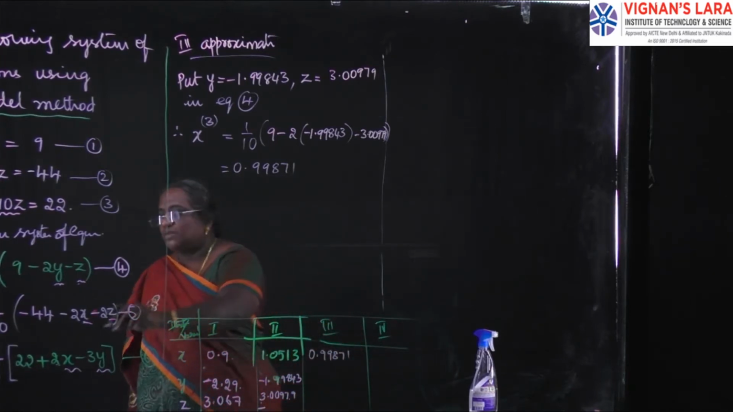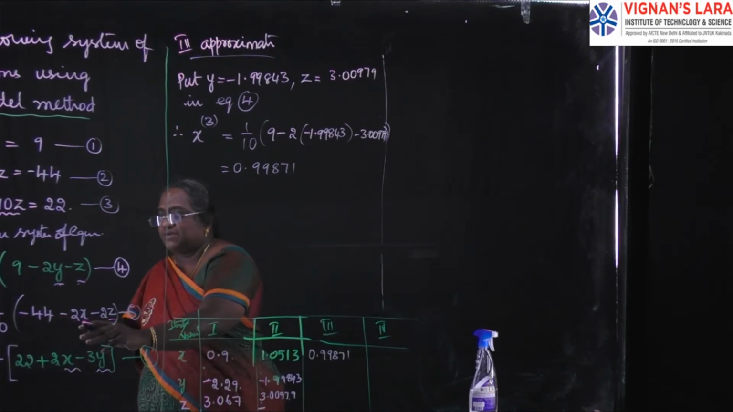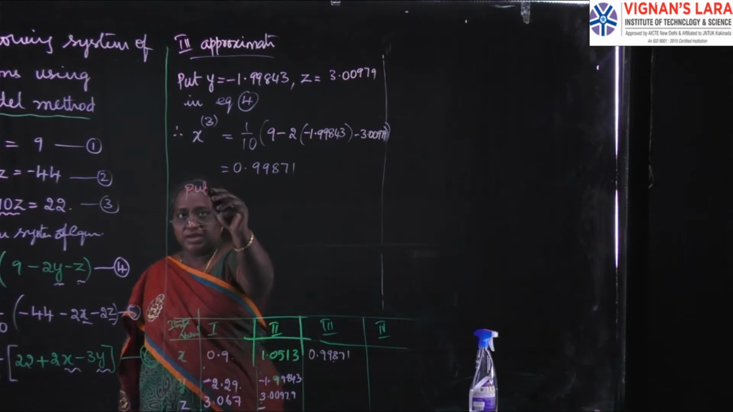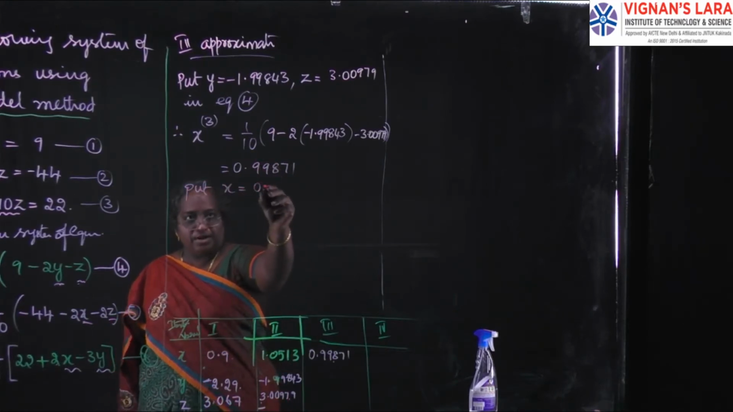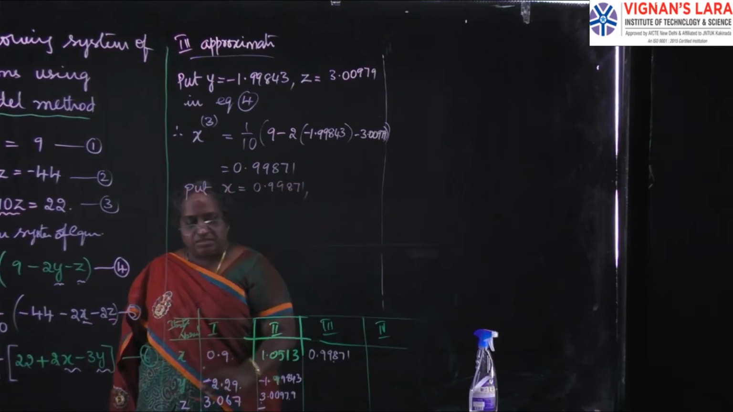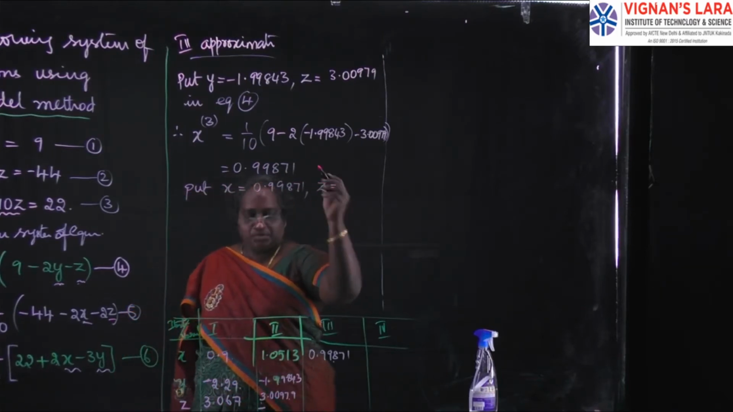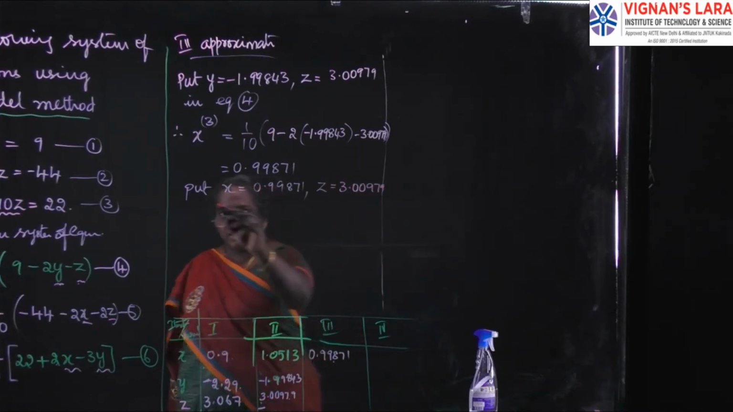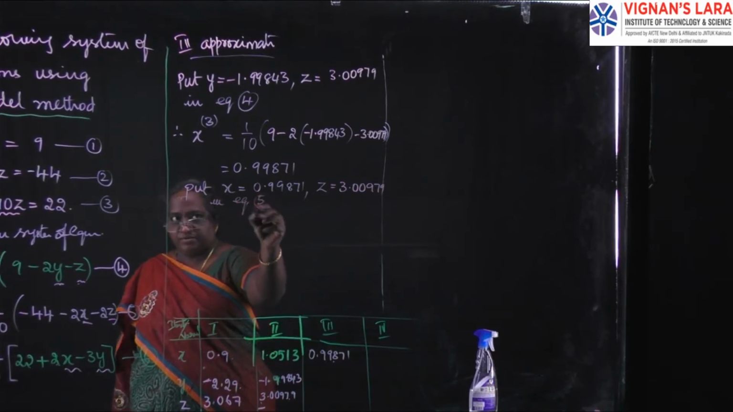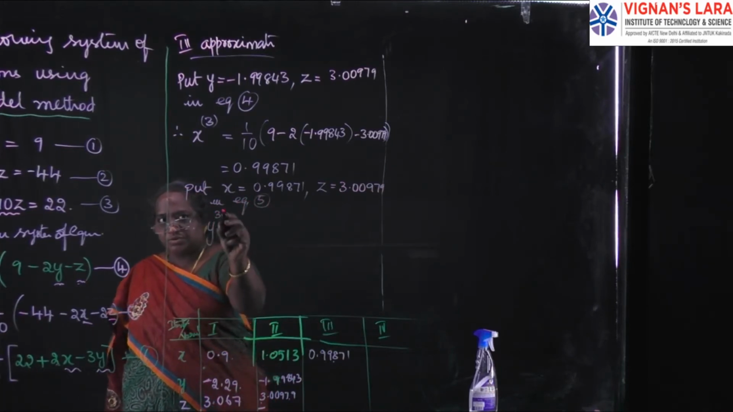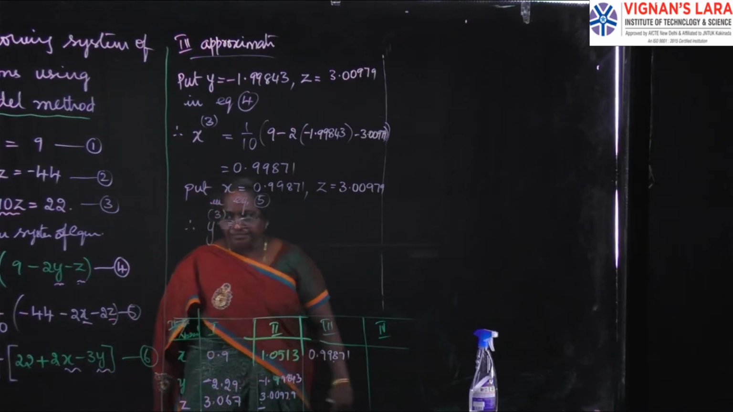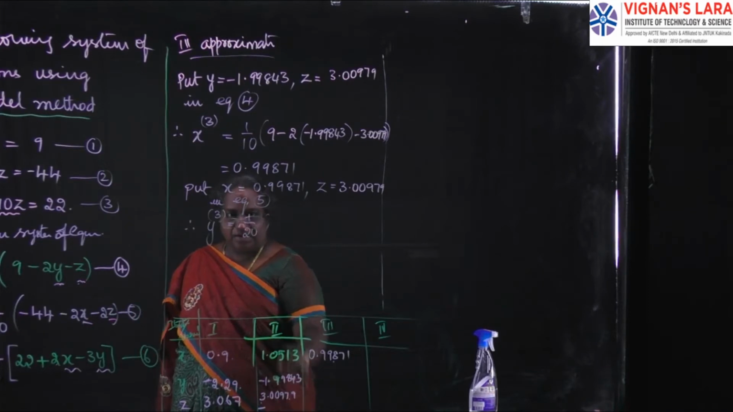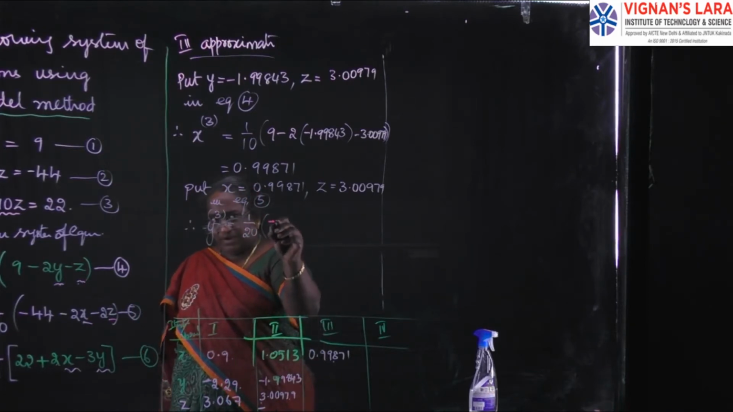Similarly, what are the values required to calculate y? x and z. This is the latest value of z. We have to use this. Put x is equal to 0.99871. Z, this is the latest value, so no new value is there, 3.00979. So we use equation 5. Therefore, third approximation of y is equal to 1 by 20. Substitute these values, this and this value, in y. So we get minus 44